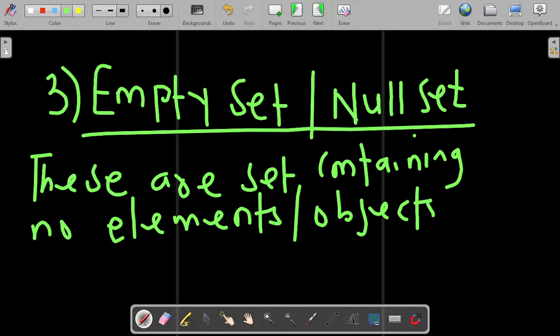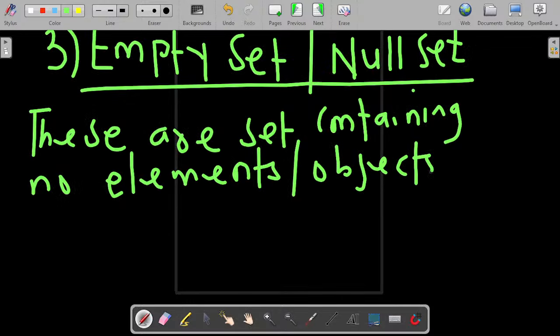Okay? Are you there? So this set has a symbol. It is denoted as